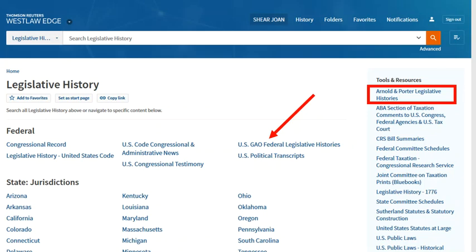This is where you can find a link to the Arnold & Porter legislative history of the Copyright Revision Act of 1976 we have already linked to. To the left of that is a link to the GAO legislative histories. If you remember, there were links to 5 GAO legislative histories in the linked legislative history materials at 17 U.S.C.